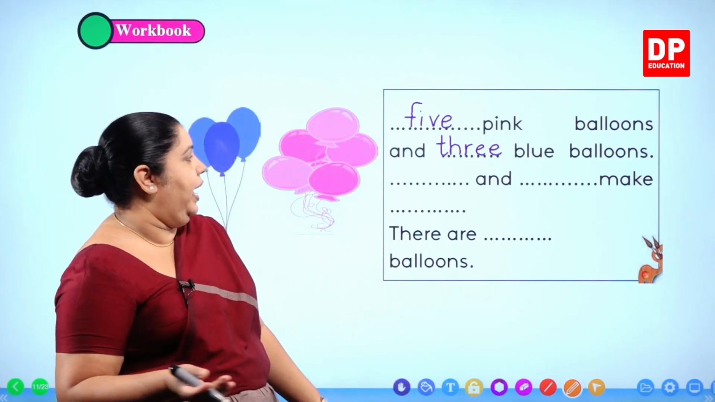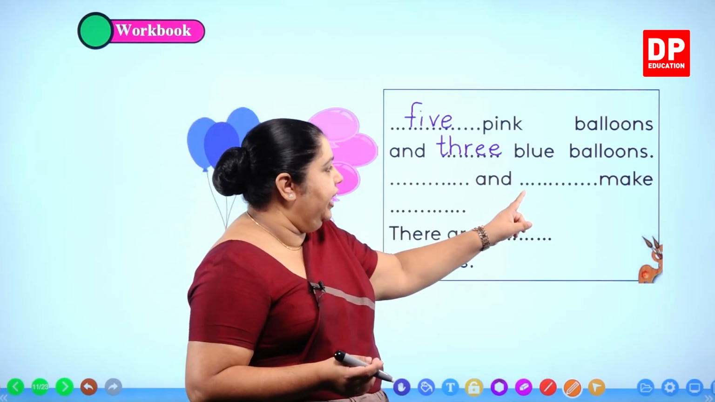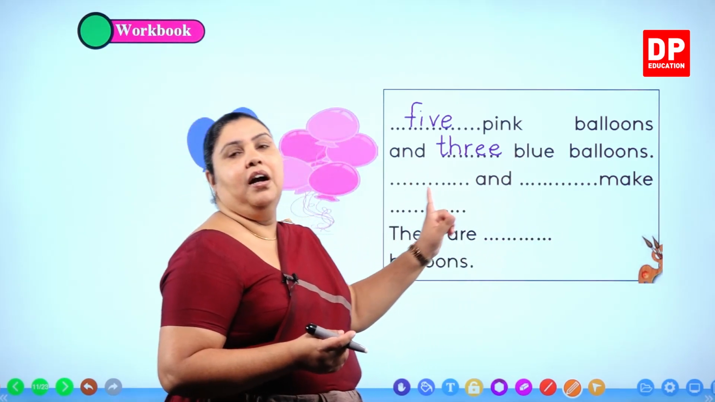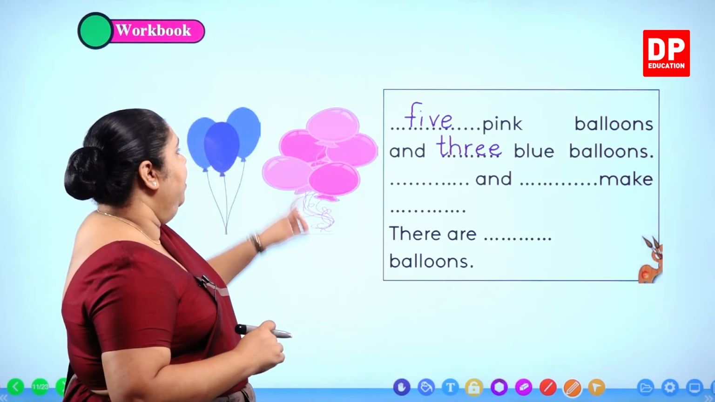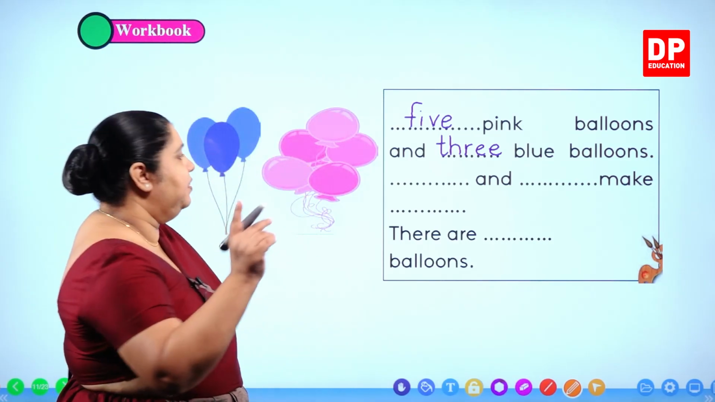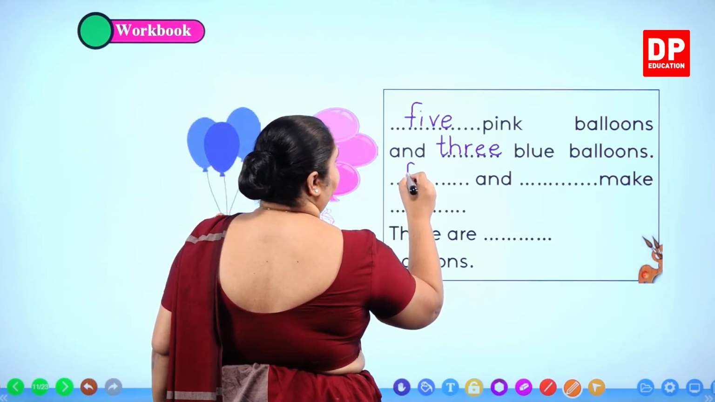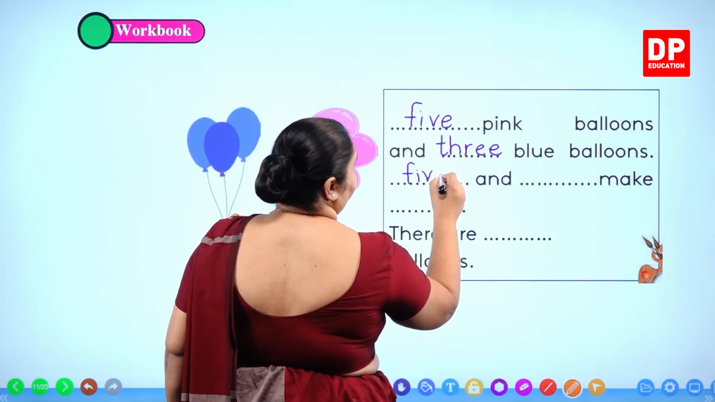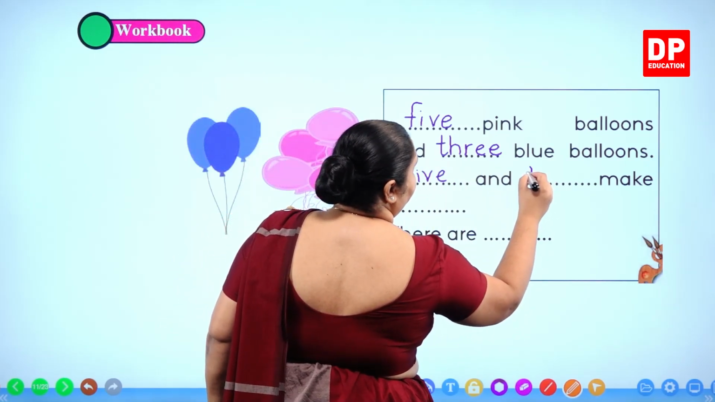Then what do we have to write? 5 and 3 make... now we have to count and see. 5 and 3. First we will write it. 5 and 3